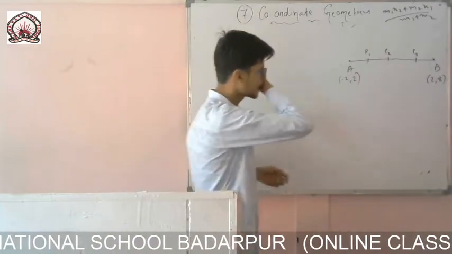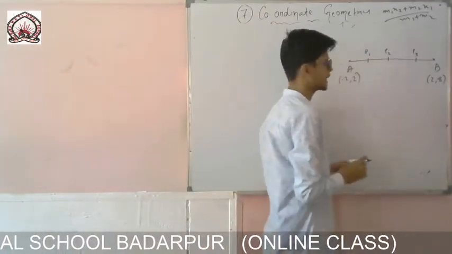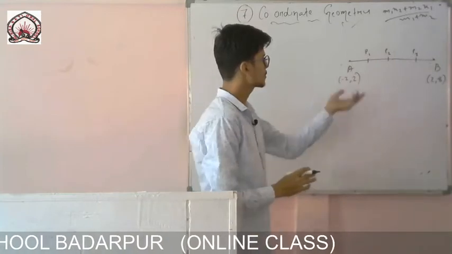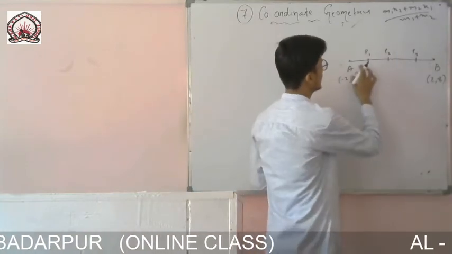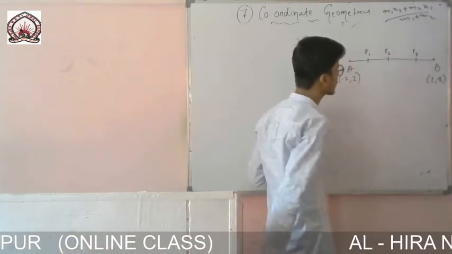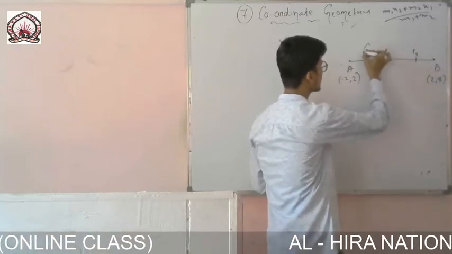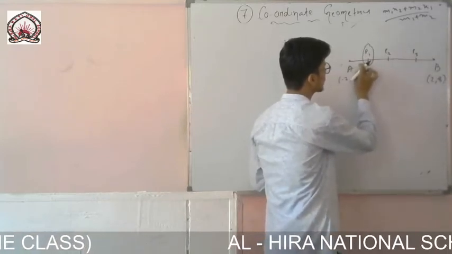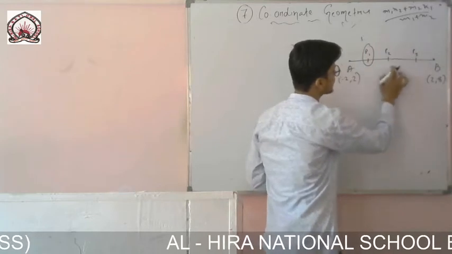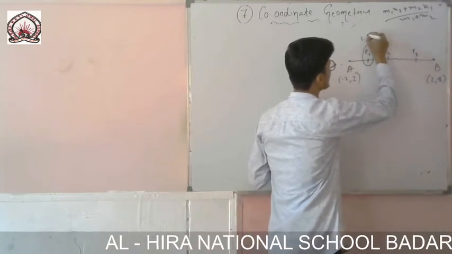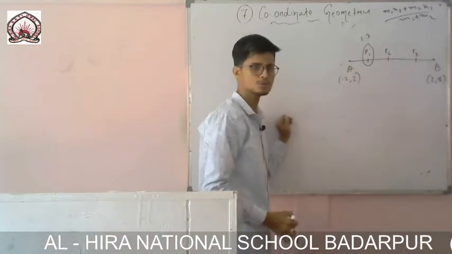Okay, you see here, earlier in the sum what you have done, in case of trisection we have found the ratio. So for this one let us take the ratio. The line is divided into how many parts? 4 parts. So for P1 what will be the ratio? There is 1 part on one side, and on the other there are 1, 2, 3. So for P1 the ratio will be 1:3.